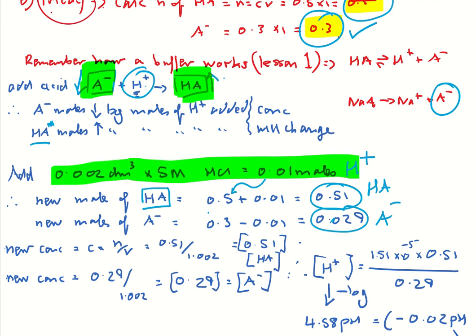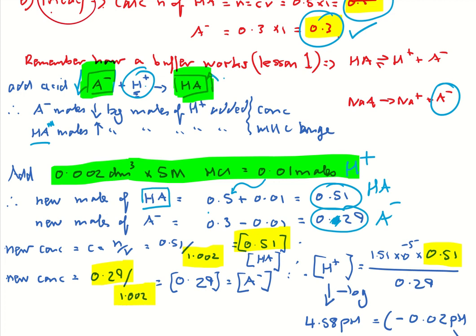Sorry, that's wrong. 0.29, I should say. Okay? Right, so the new concentration then, I've got to work out, because remember we've got to get the concentration. I have now got 0.51 moles of the acid, but it is now dissolved in 1000 cc's plus 2 cc's, so 1.002 gives me a new concentration of my acid of 0.51. Pop that in there. My concentration of my A-,